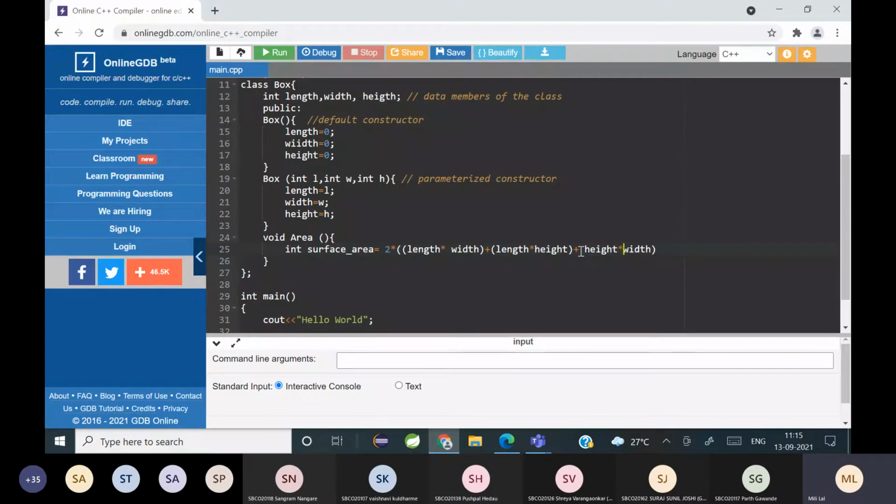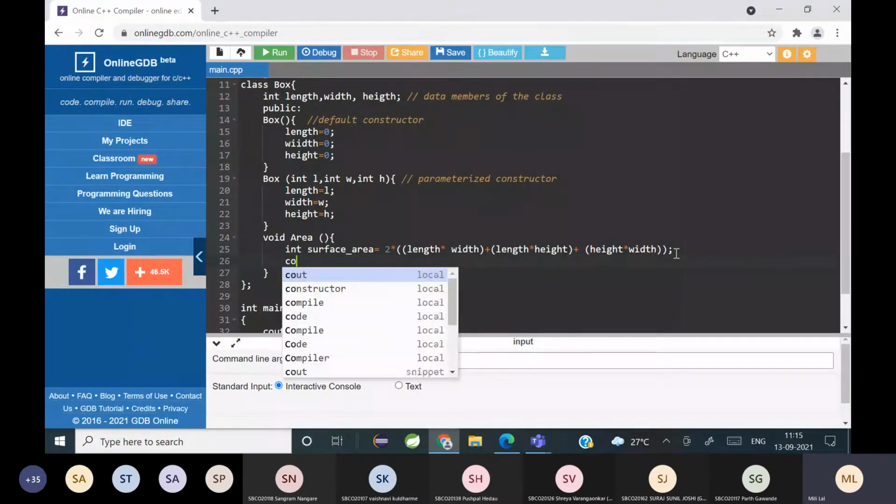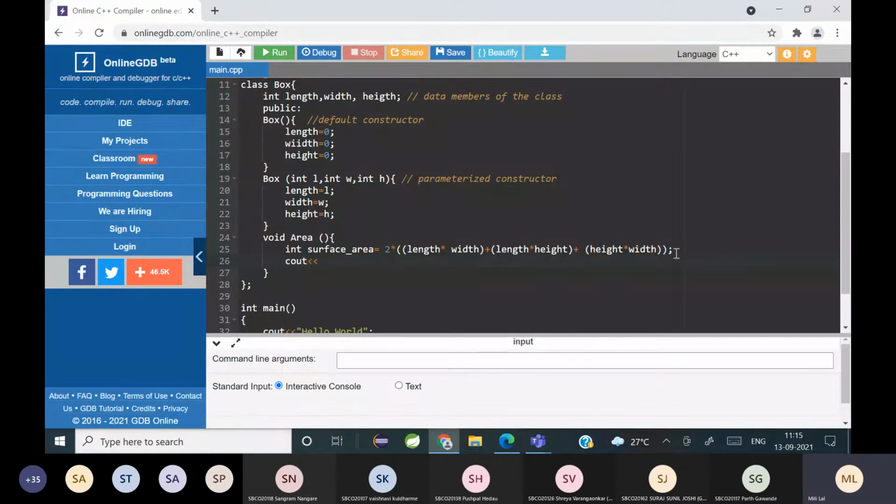So that's the formula, followed by a semicolon. And yes, it's void, so I will print it here itself.